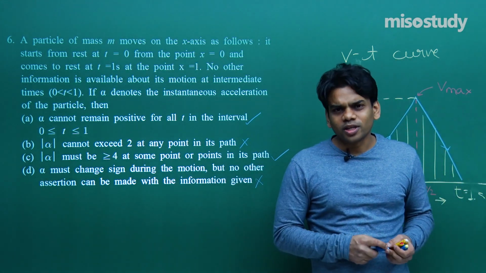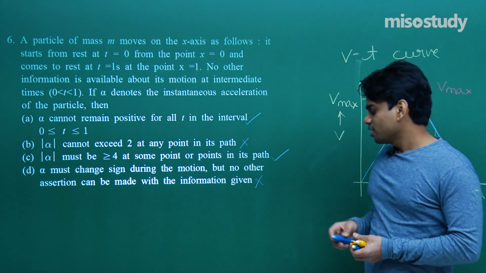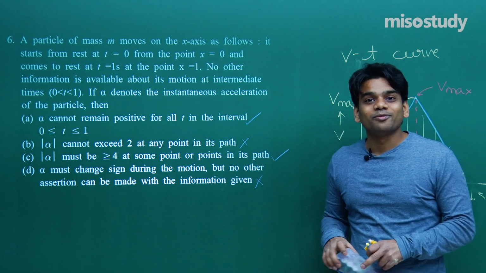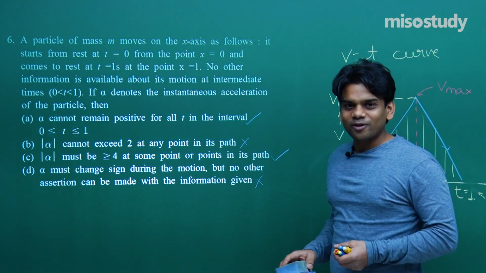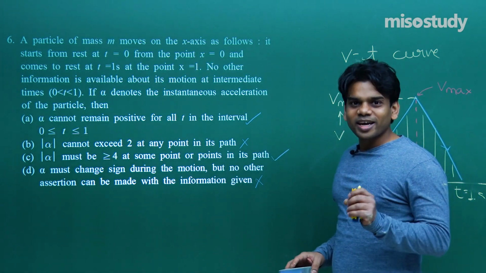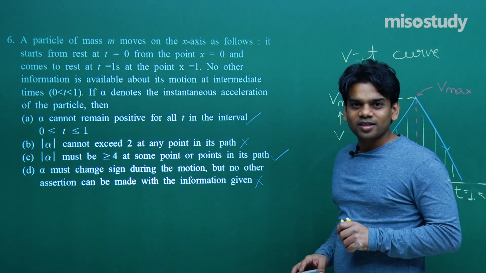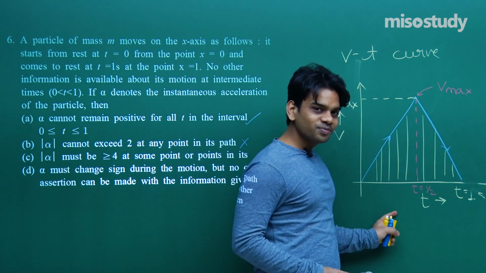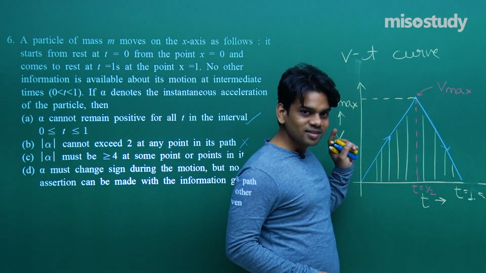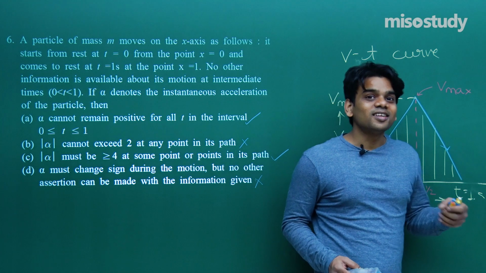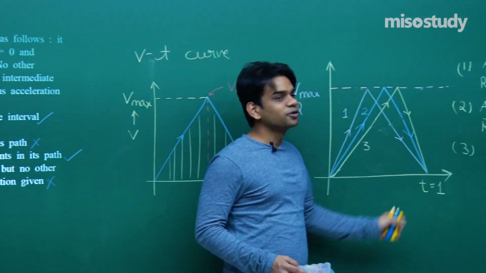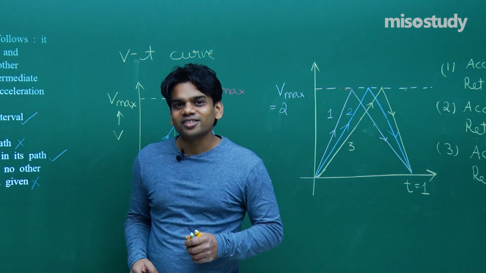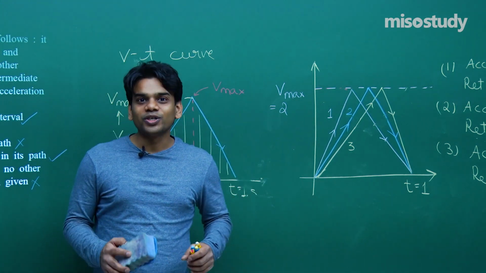So we have got more than one correct choice in this question, but normally JEE Mains will have only one correct choice. But for your knowledge, it would be helpful to know how to solve this kind of question. You can draw a curve and then proceed with the question. How did we approach this question? We plotted a v-t curve, got the maximum velocity, calculated the displacement, showed the other kinds of curves that are possible, and then approached by calculating the magnitude of the acceleration and retardation. This is how we approached this problem.